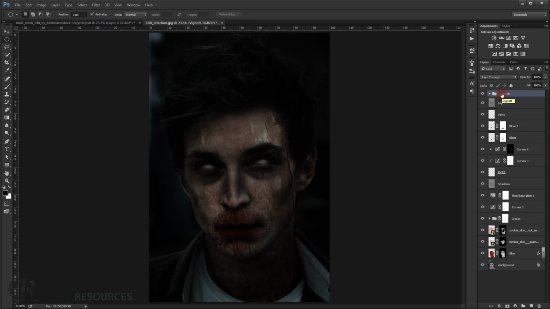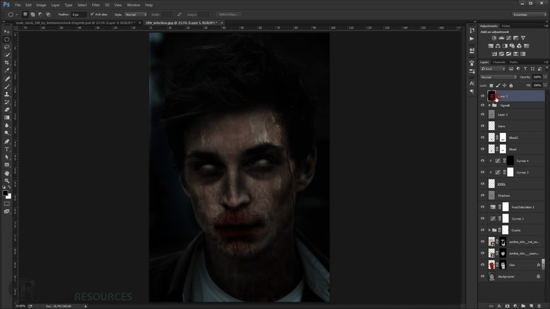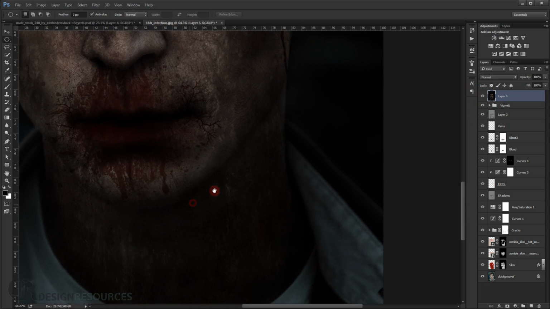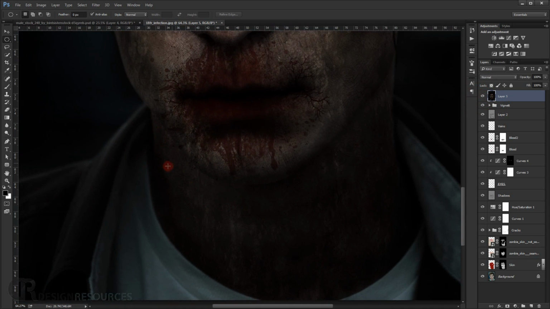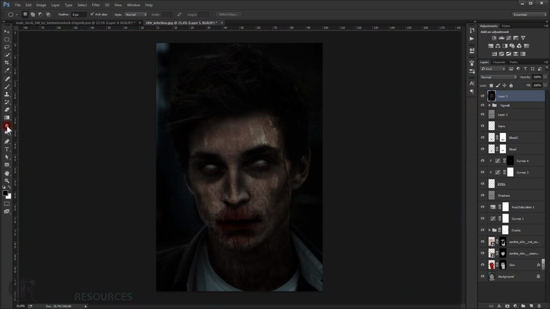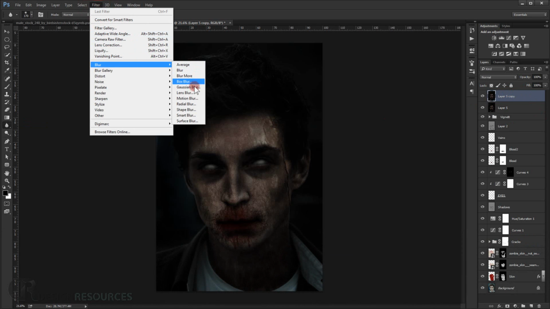Alright, now we'll just take a snapshot of the image in here. So just press Ctrl Shift Alt E, and it will make it in a separate layer in here, as you can see. And I just want to blur some of this texture we used. So as you can see, this part in here is blurred, and this part in here is not blurred. So what we can do, we can just use the blur tool in here, or we can just make a copy of it by pressing Ctrl G and apply a Gaussian blur,